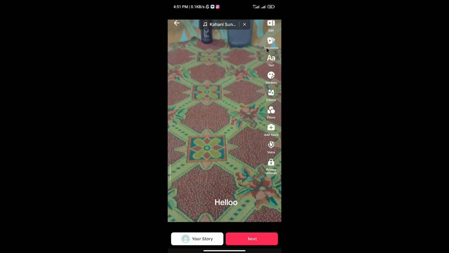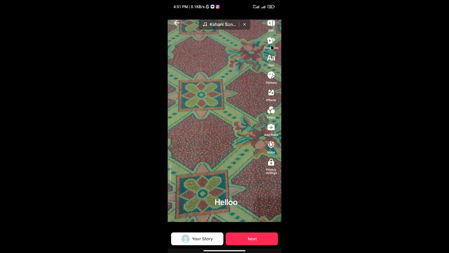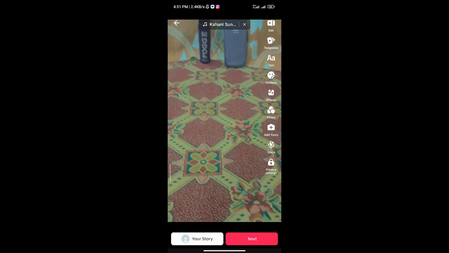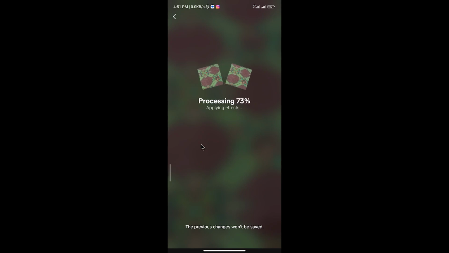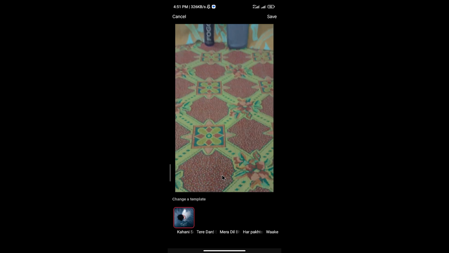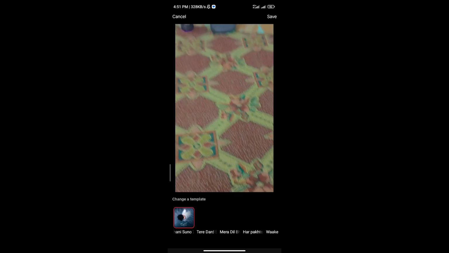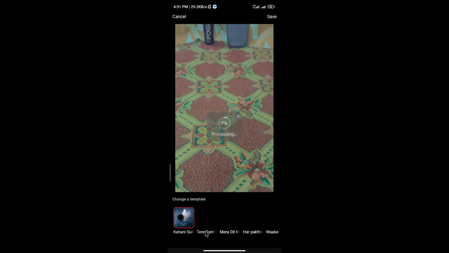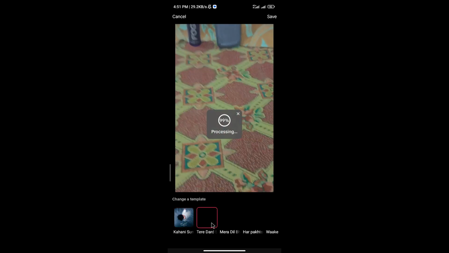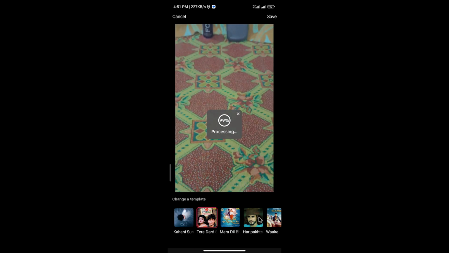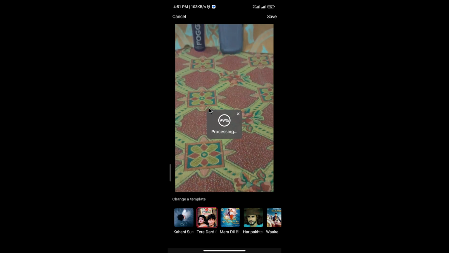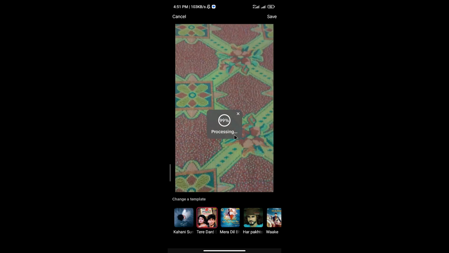and here is another feature, templates. This is the most important thing in the video. When you tap on these templates, as you see, it starts applying effects. So now you will see the difference in my video by using the templates. From here you can select your templates, like by tapping on this, but it will also change your music. So after selecting the proper template, tap on the save option,